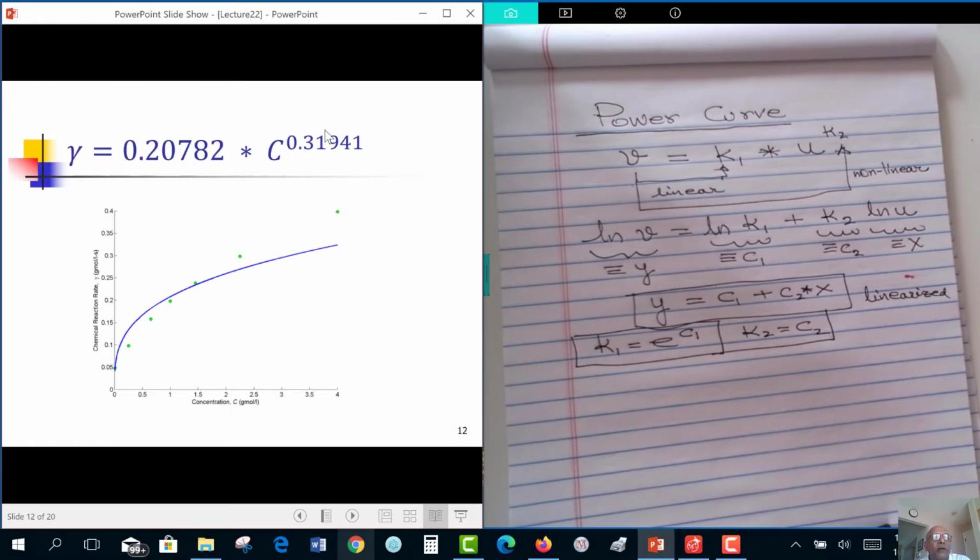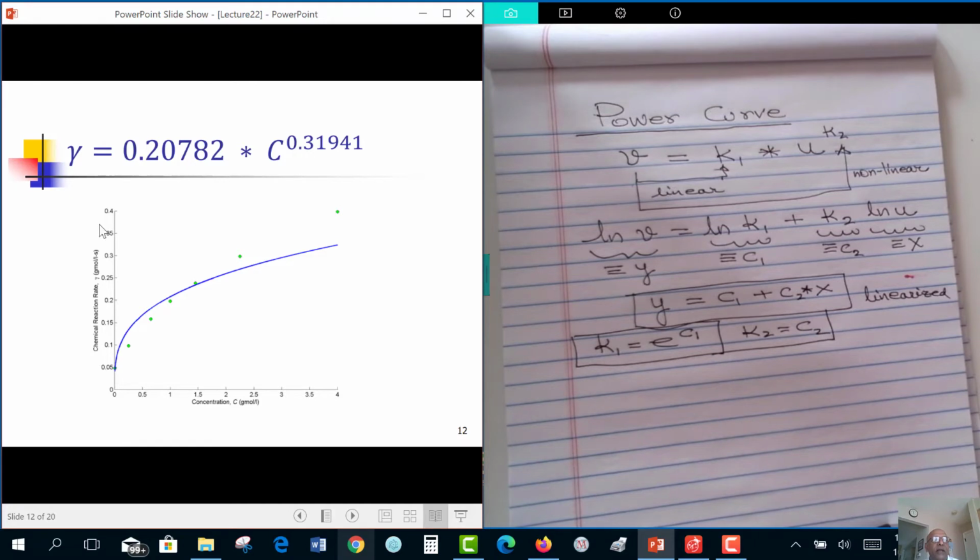So here is a power curve. This is from a chemical reaction rate versus concentration. So you might have seen examples like this in chemistry, where if you keep on increasing the concentration, you expect the reaction rate to change, but then eventually taper out. So this is our data. Doesn't look like a great fit. So maybe it is not a good description of this chemical reaction. But nevertheless,